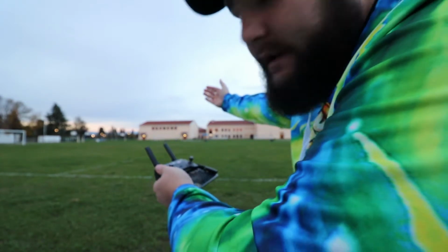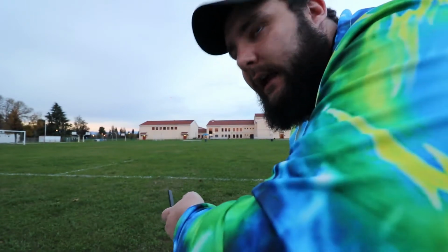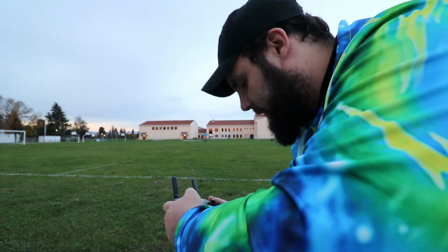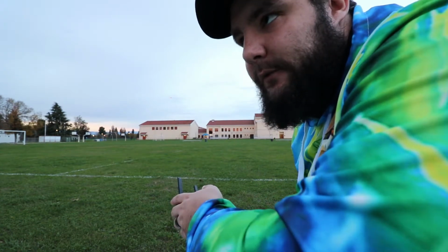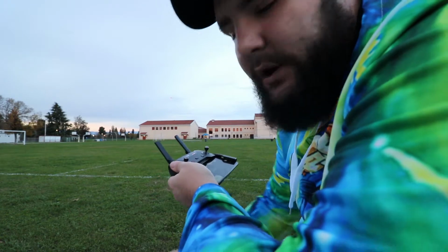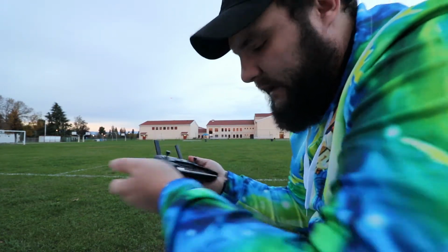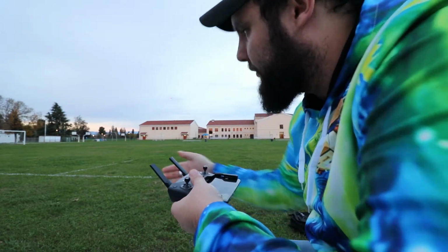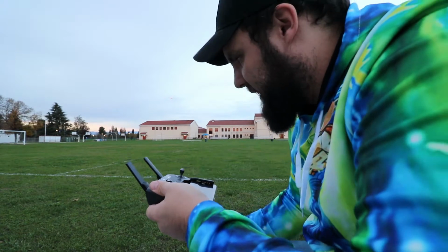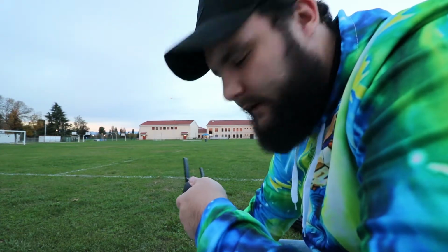So what would happen is the drone would fly to me and then automatically start descending and land at the last geographical point that it was located. Or I'm sorry, not last geographical point it was located. It would land on the spot where it took off from, assuming that that's where the little point is. For me, it's right here where I'm sitting. So it would come and probably try and land on this bench, but instead I'm just going to override that and just land it on the grass so I don't try and do any crafty landing and land on the